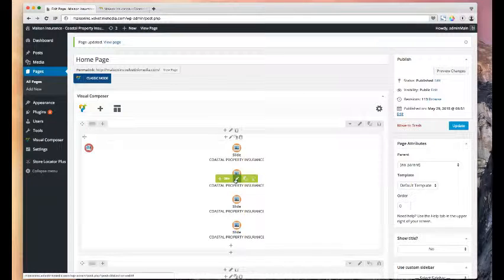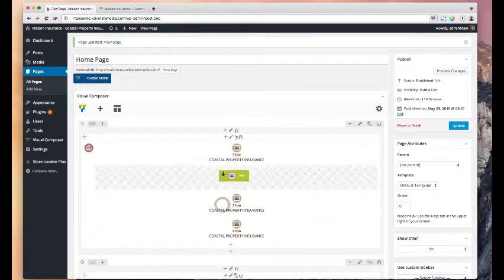Now if you want to change the order of them, really easy. All you need to do is drag this little handle thing into the position that you want it to be. So let's say, for instance, we want this one to be number 2. Just drag it up,